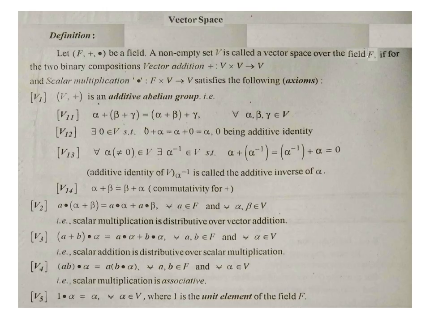Now we start defining a vector space. As you can see, the definition is written there. We start with defining a field again. If F, plus, dot is a field, which we discussed in the previous slide, then we talk over a set V, which is to be non-empty obviously, and it is called a vector space.